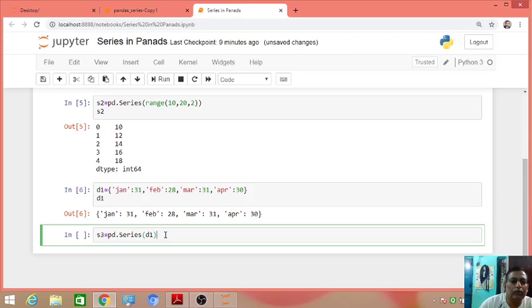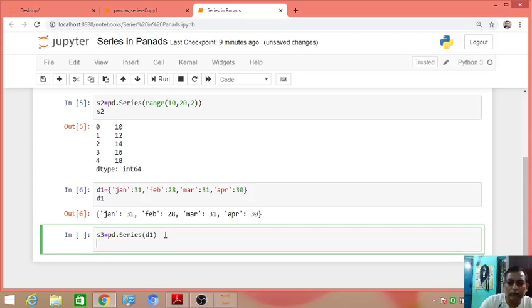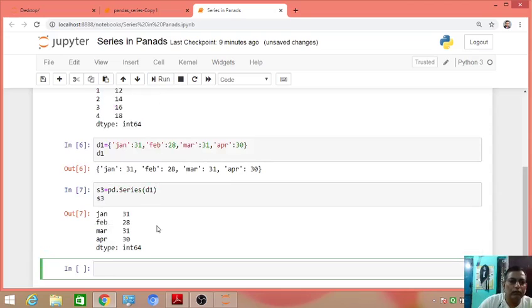Now it will be converted into a series. If you type S3 and click on run button, it will give you a series where the index is January, February, March, April, and data are 31, 28, 31, 30.